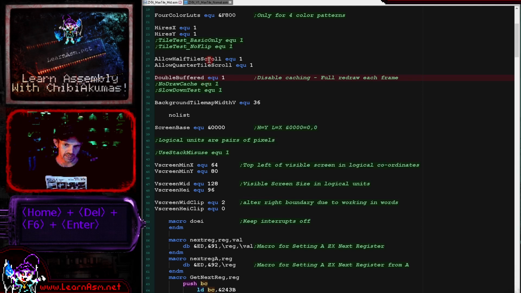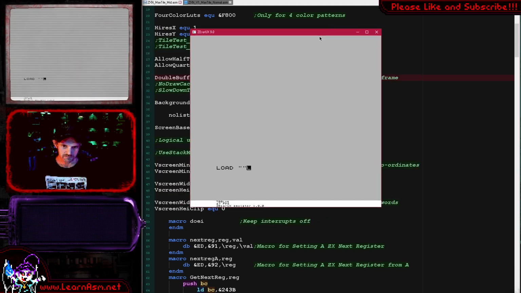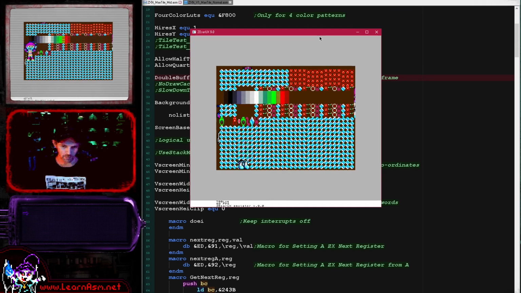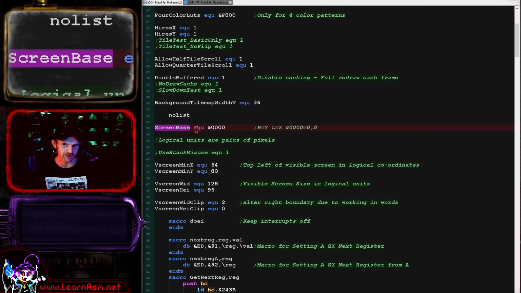And if we just run that here, you'll see that. So you can see now we've got flickering there because the double buffer isn't actually in function, and so you know, we should be changing the screen destinations and flipping between 2 buffers, but that isn't implemented in today's example. Now, one thing that I'm going to point out is we've got this thing called screen base here,